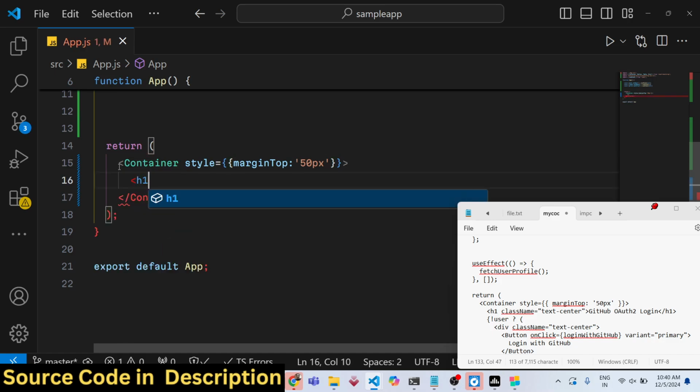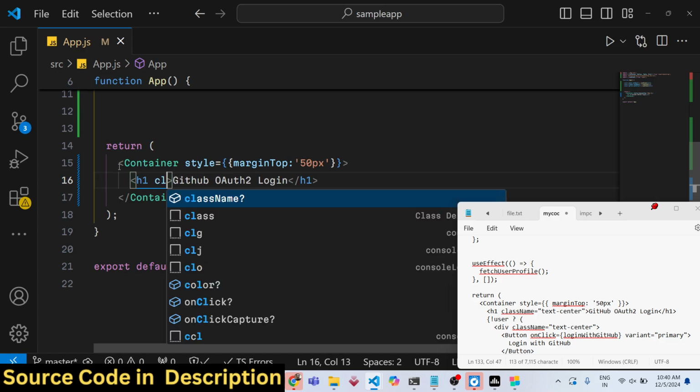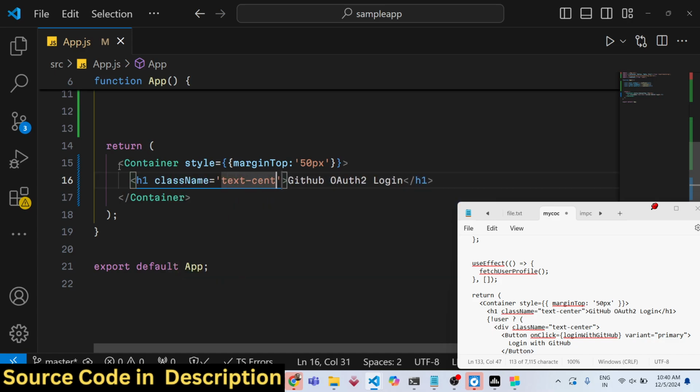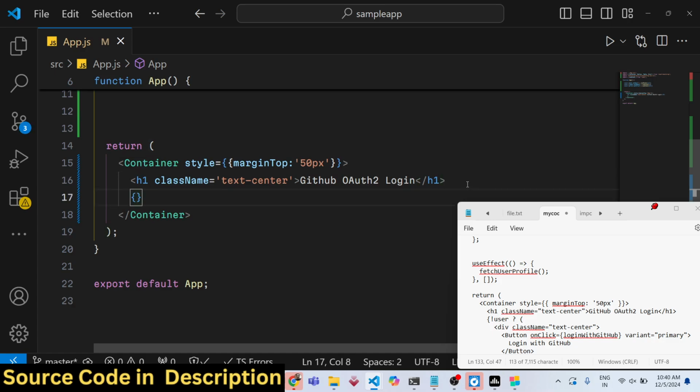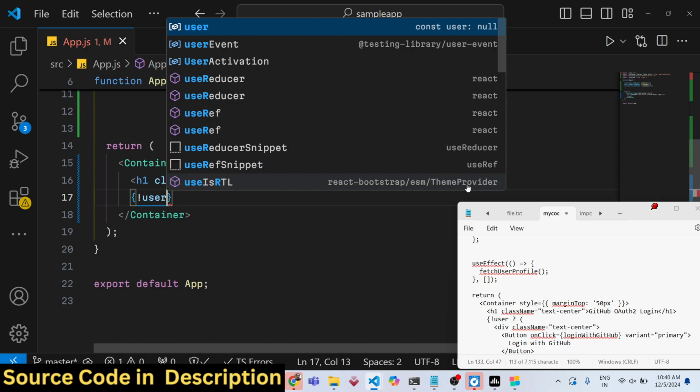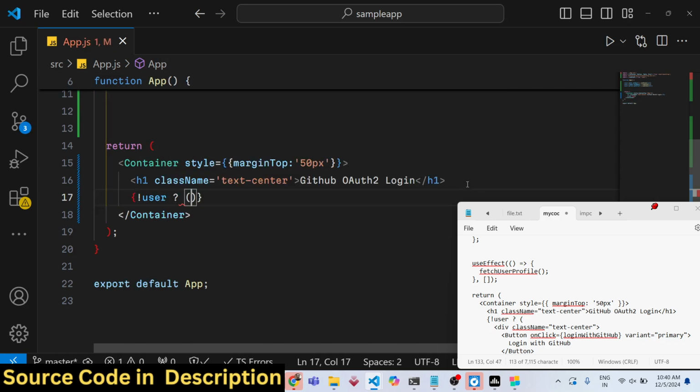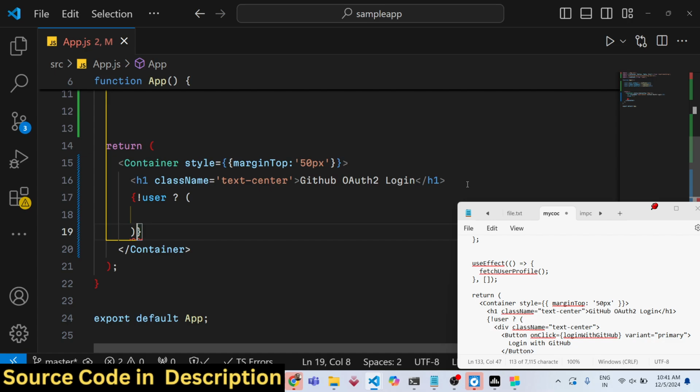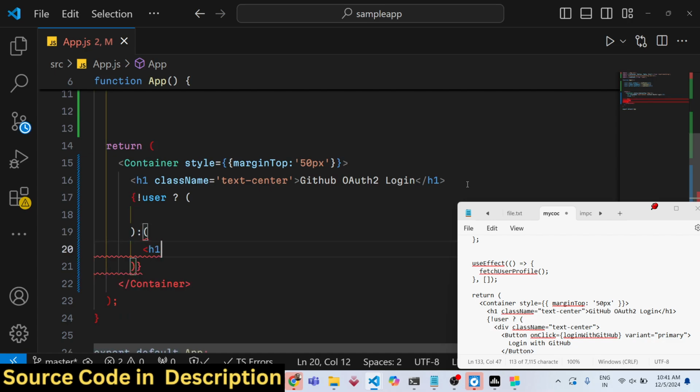Right here we will have an h1 heading which will say GitHub OAuth2 login, and we will align this heading in the center. Here you will be checking if the user is not logged in. In that case, if the user is logged in, then we will say